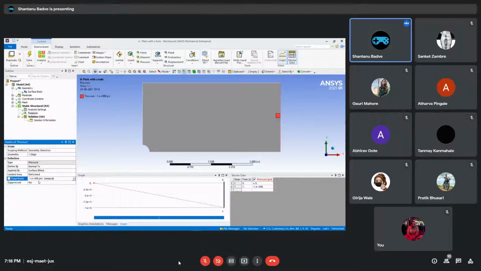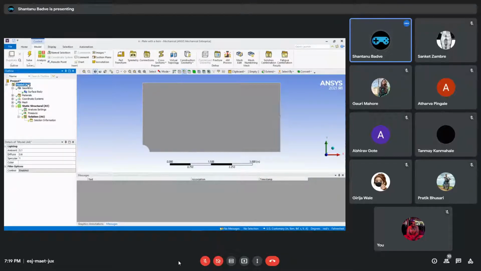So we just put in minus 1E6 psi, and you can see that there is a graph in here which defines how our force is actually going to act over time. That is why it is shown as ramped in here. You can change this behavior if you want to, but currently we will just let it be ramped. So now we have defined our force. Second thing done. Now the third thing is known as constraining.